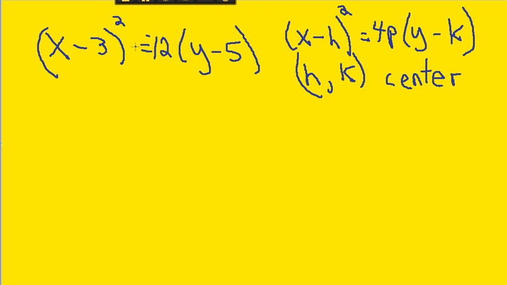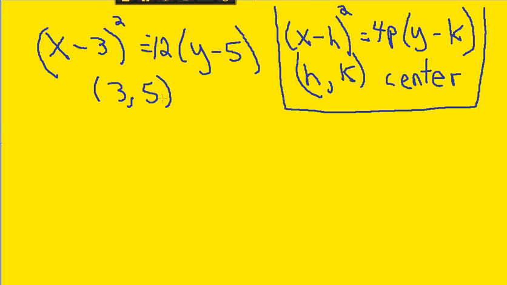Okay, here's another example. This time we have a shifted parabola. This parabola is shifted, and let's look at the general form of the equation, which will be over here. Notice we have x minus h squared. It's really the same form we had before. We just changed our x, replaced it with x minus h, replaced our y with y minus k. This just shows that I'm shifting the parabola. H is your center now. If this was whatever it was for this example, this is 3. So the center for this particular parabola is 3,